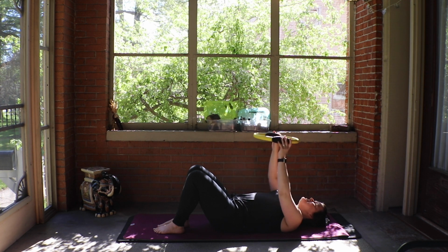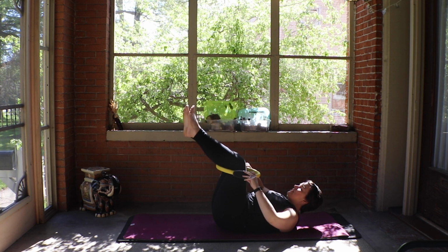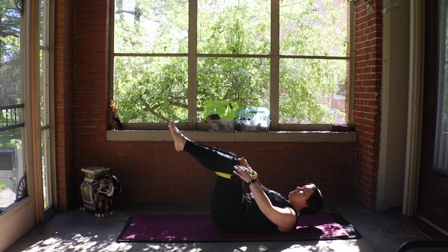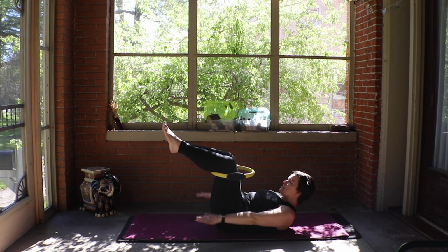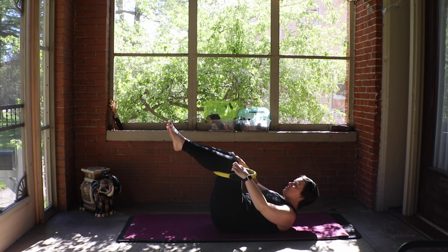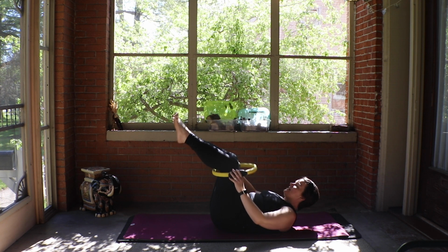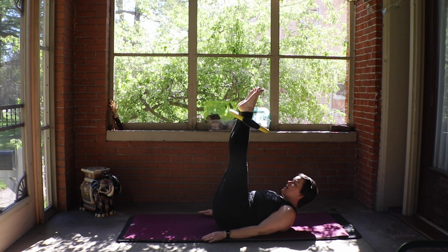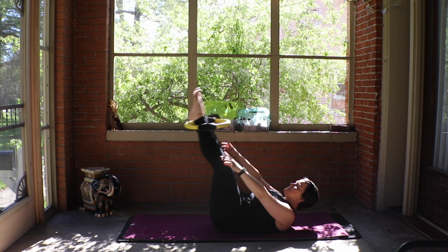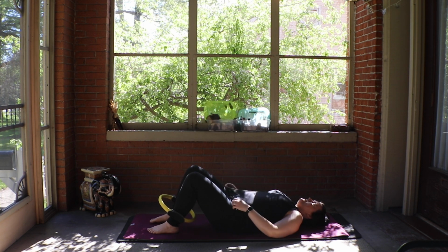with a ring. So we're going to go ahead and take this ring, and if you are at a point in your fitness journey, your wellness journey, where keeping your knees above your hips is enough for you when we come up into this position and we slap our hands on either side, then you want the ring right here under your knees. If you are of a talent that you can extend your legs either straight up or in that 45-degree angle for full expression, the ring is going to be around just by your ankles. So pick where you want that ring to be, and then we're going to set ourselves up and we're going